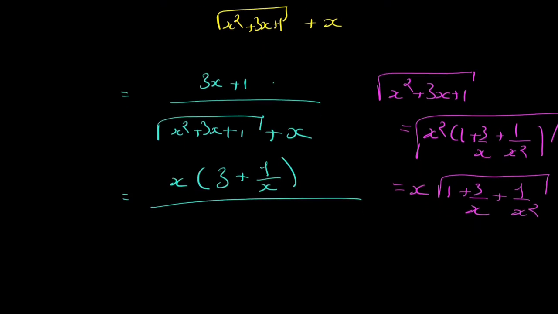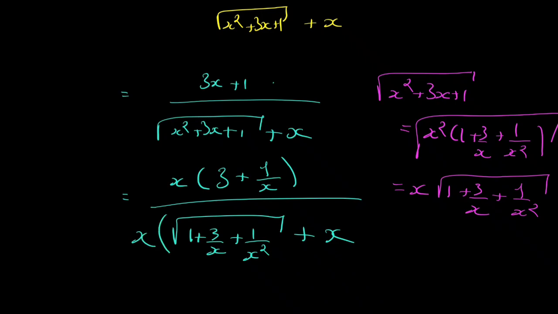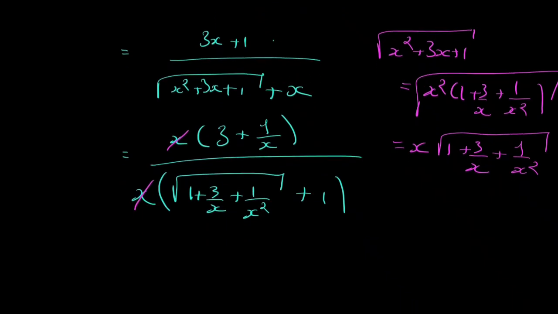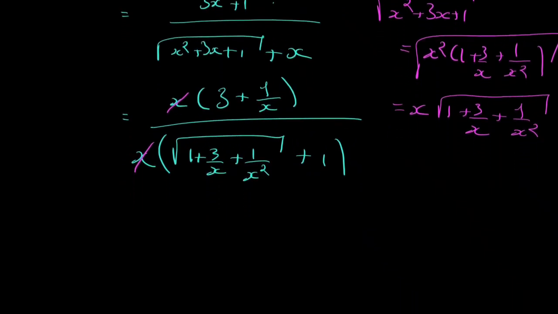Let's rewrite that as x square root of 1 plus 3 over x plus 1 over x squared plus x, which makes x times this plus 1. If we want to factorize, I can get rid of those two x, and now the limit is very easy, because when x